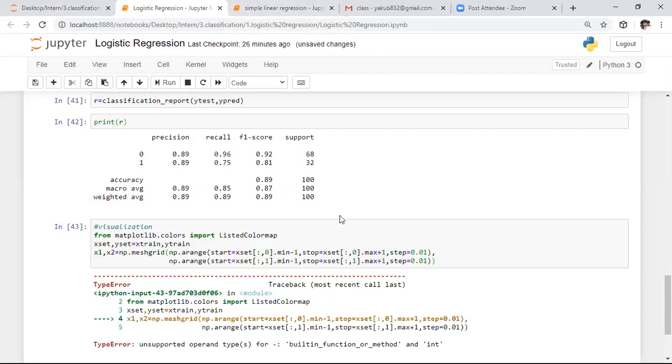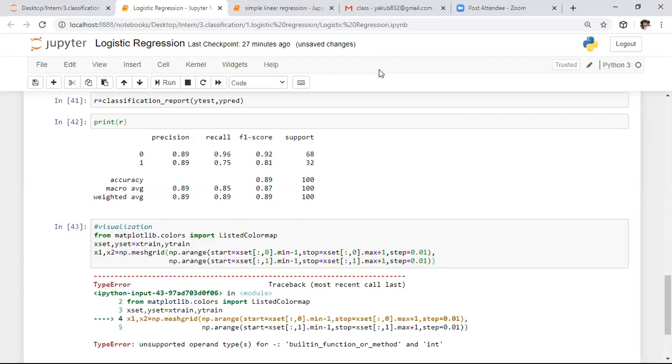Then we have 4 more minutes. Madam will forward you one more link to connect to the session, so connect to that session within 5 minutes.